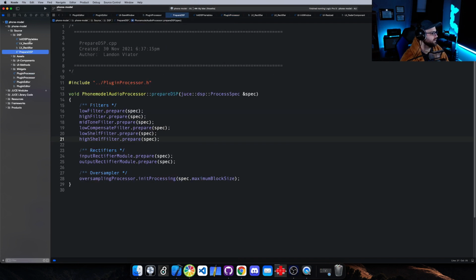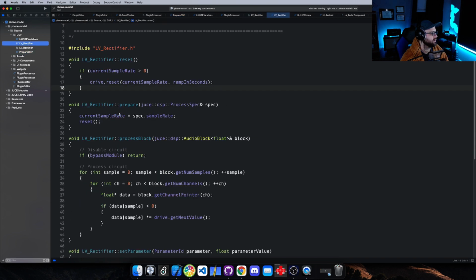Okay, so in my DSP thing, what did I do? In reset, if current sample rate, drive, reset, current sample rate, and ramp in seconds. Okay, I think I'm not actually applying the ramp. I need to go into here and say,